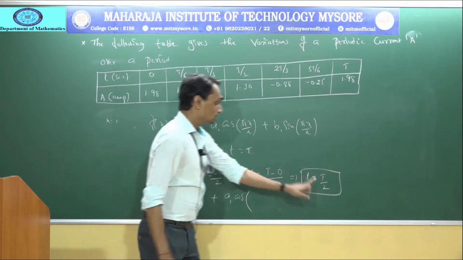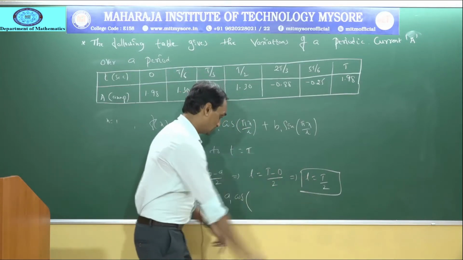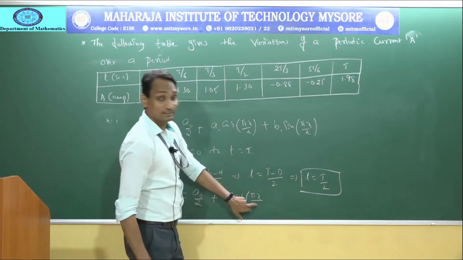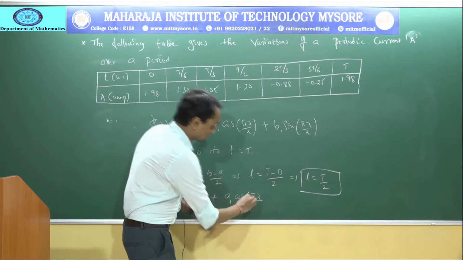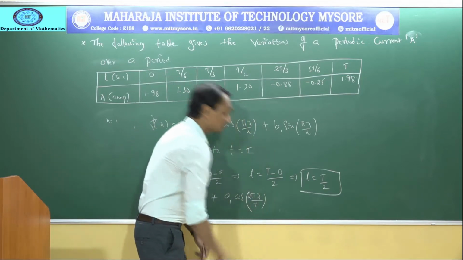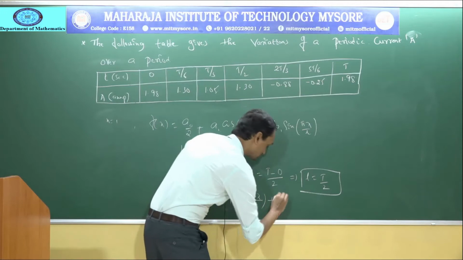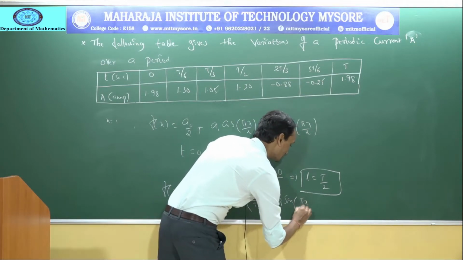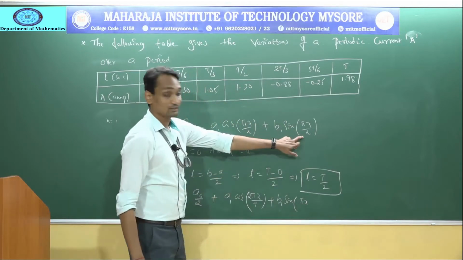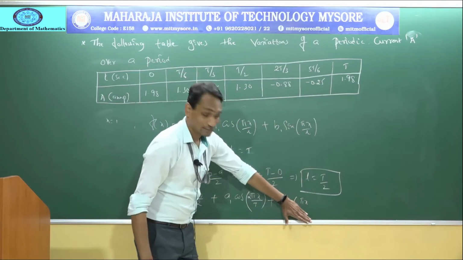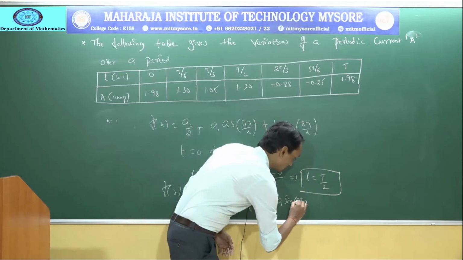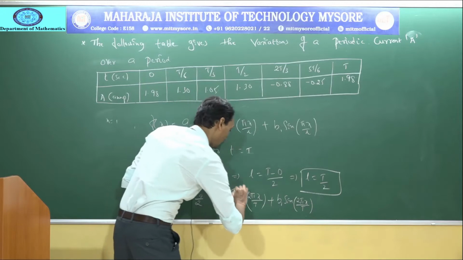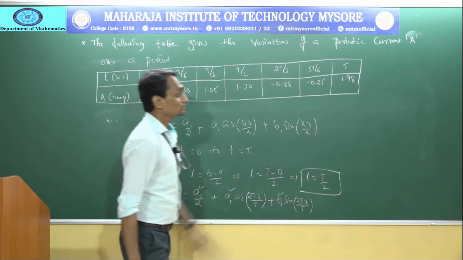What is the L value? L is t by 2, so pi x divided by t by 2. The 2 goes in the numerator and it becomes 2 pi x by t plus b1 into sine pi x as it is. Again I am substituting the L value. If I substitute L here, again 2 goes in the numerator and that becomes 2 pi x by t. Now a0, a1, b1, these three values we need to calculate.